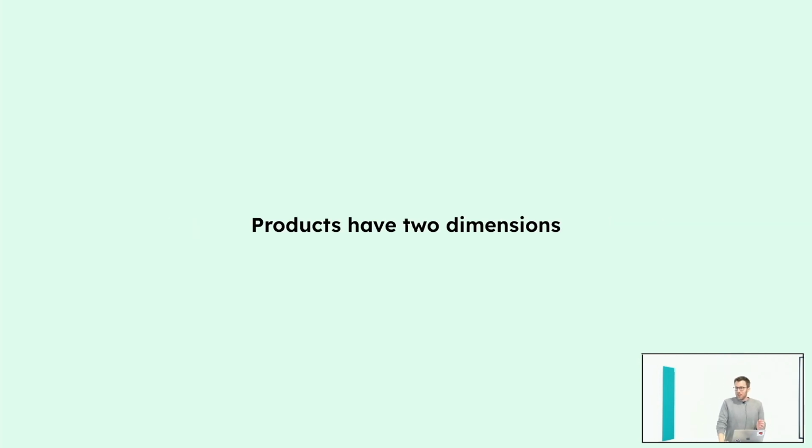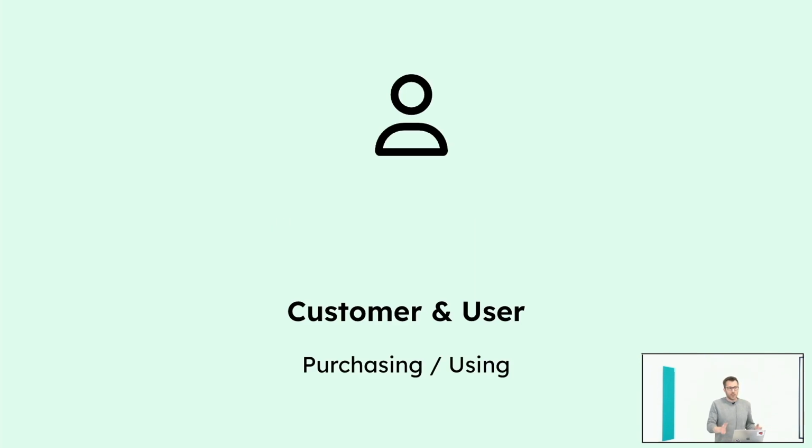So basically products have two dimensions, and that's important to understand before we can start into product architecture. There's one dimension, that's the customer and user dimension. That's about purchasing and using the product. There's a distinction between customer and user, by intention, because many times customers and users are different. Customers are the people buying the software or the product, and users are the people using the software. This is one of the dimensions of product: the human, the people that are using and buying the software, customers and users.